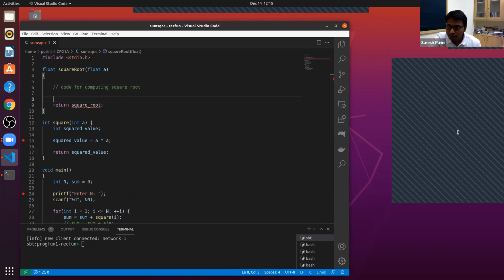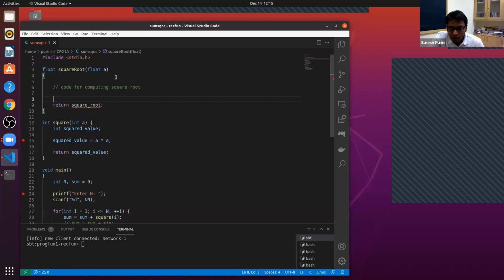Question, do we need to import math.h? We don't need to import because we are writing our own square root function. Okay, we don't need to import math.h. And why are we having float as the return value?